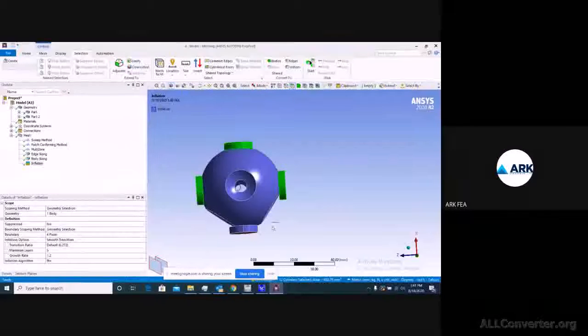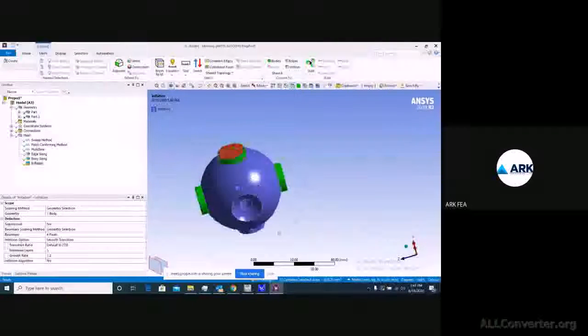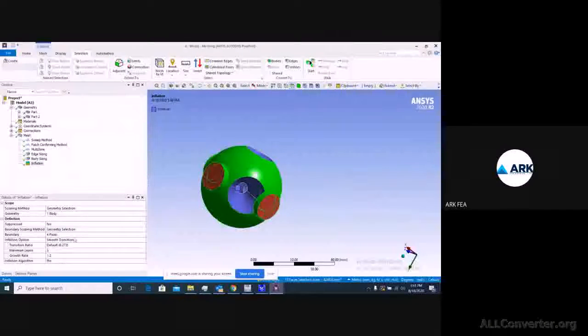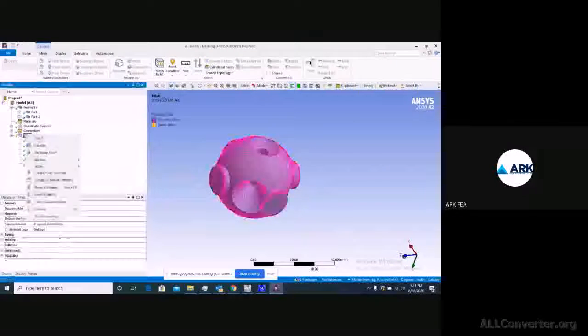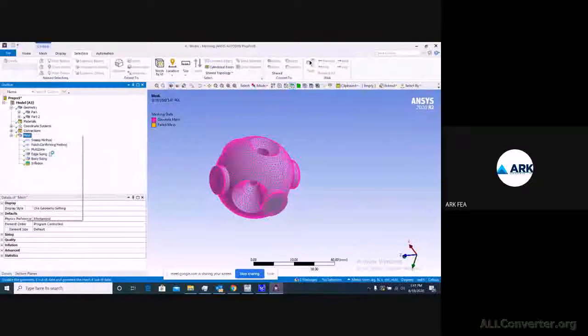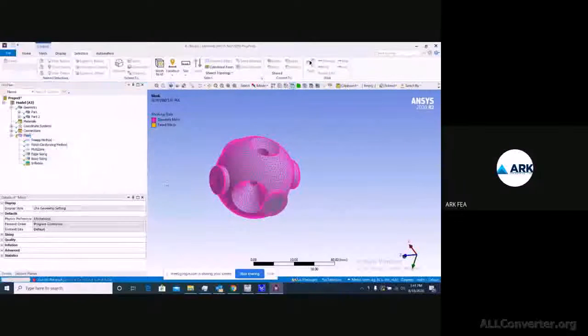Once again, you can use the selections, and the external surface, and click on this boundary and just say generate.